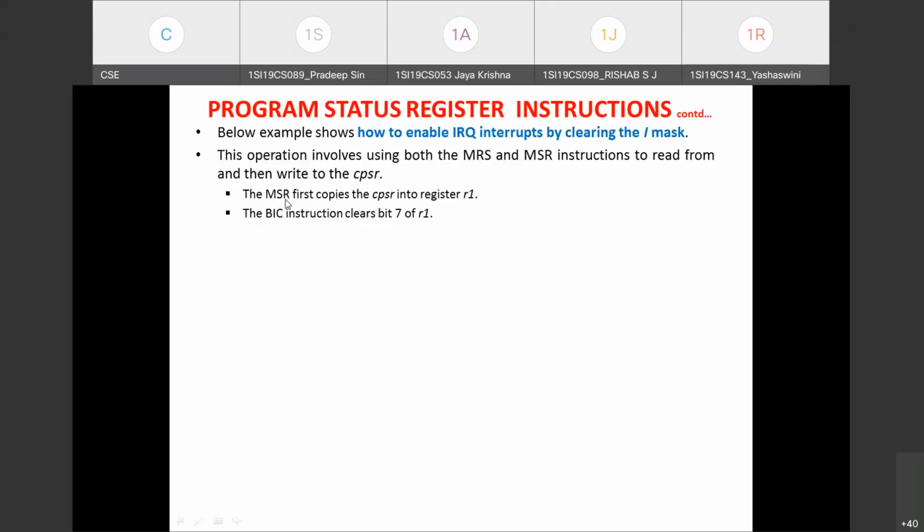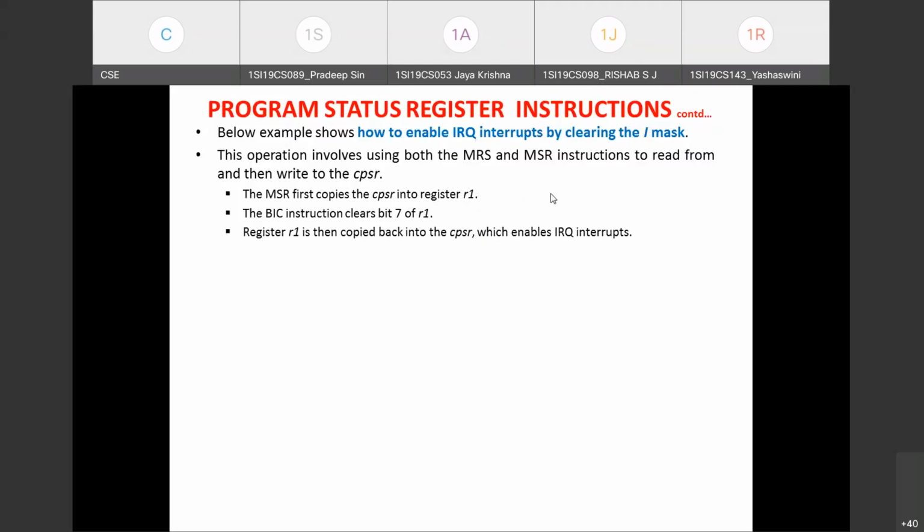See, the MSR instruction will first copy the CPSR content to a register, say R1. In our example, we have taken the R1 register to hold that status register content. Then the BIC instruction is used to clear the 7th bit of the R1 register. After that, we again use the MSR instruction to write back to the status register.